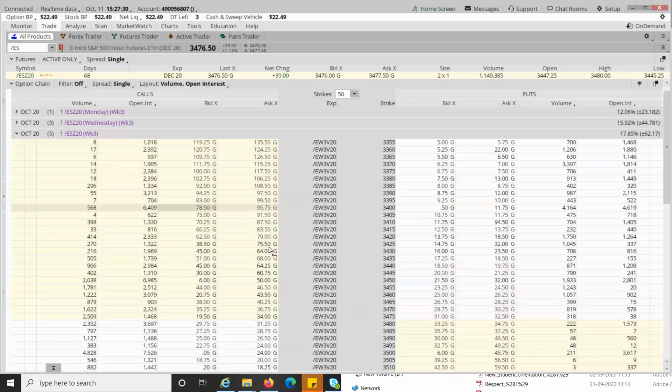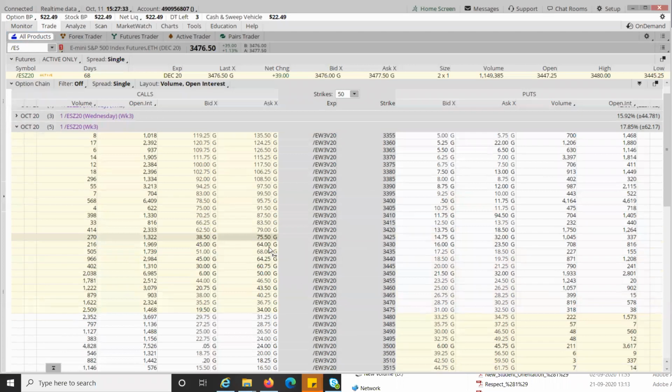The future options, can you trade them after hours? Yes, it's 23 hours a day you can trade them. Okay, thank you. You cannot trade them between 5 to 6 p.m. and between 4:15 to 4:30, and in the night for like 15 minutes. Rest you can trade them throughout.